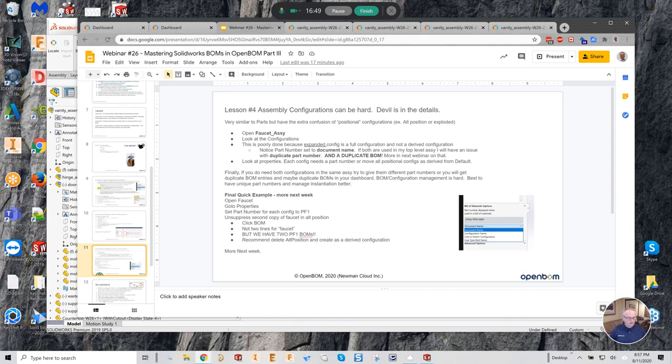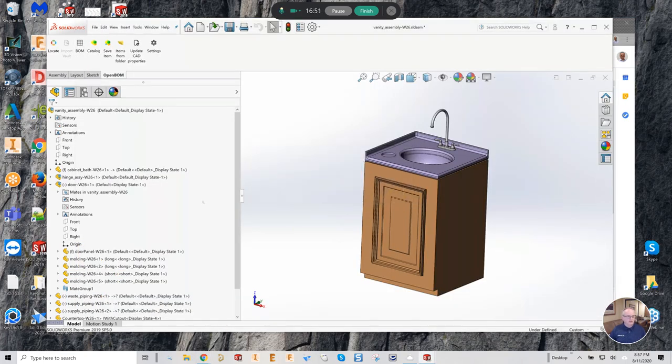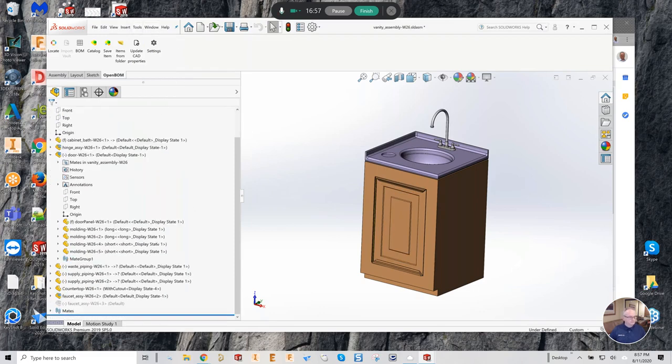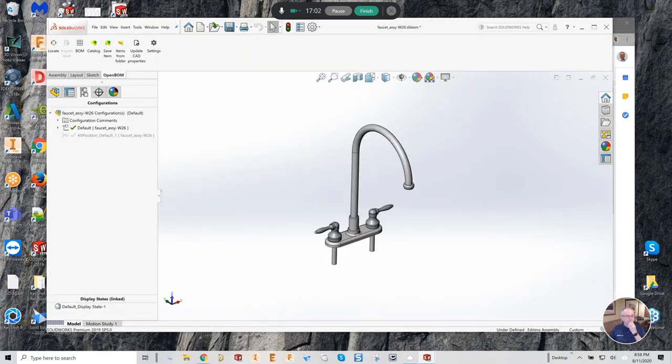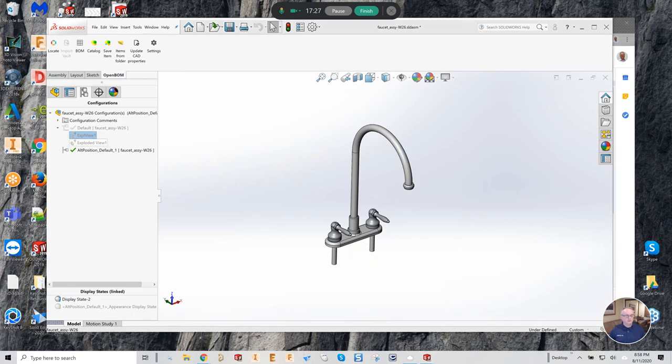So, okay, let's jump over here and take a look at the faucet. So, what's going on here? This is the type of thing where you might want to show the handles turned. Okay, that seems like a possibility, if I'm showing it as installed or maybe in use. I also might have a situation here where I want to show,